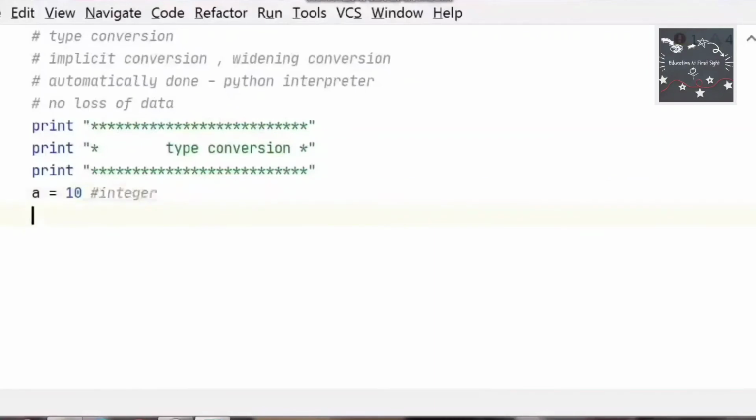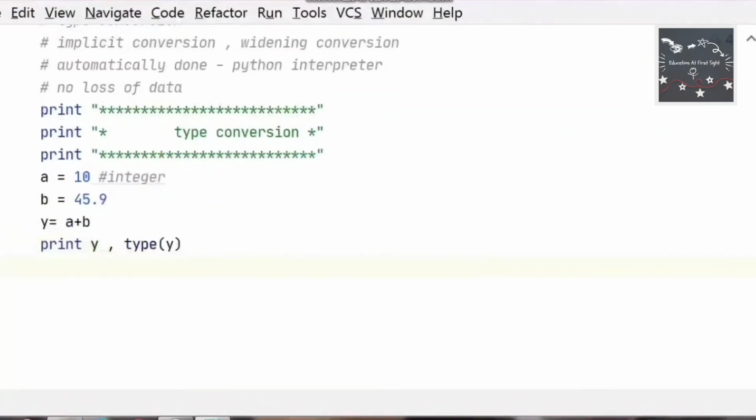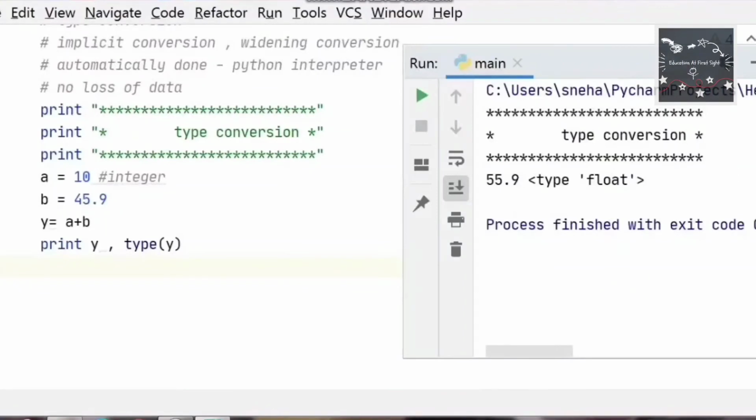I am assigning a equal to 10 which is an integer and b equal to 45.9 which is a float. I am doing a sum of a and b and storing the result in y. If I print the type of y, it should come as float, which is done automatically by Python.